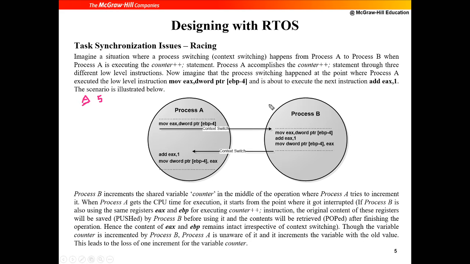Now process B is also loading, but now you have a preemption. Process A is preempted by process B. Process B is also loading 5, because 5 is the current counter value. Then it does add, so the counter value becomes 6, and then you're storing 6, and then you exit.